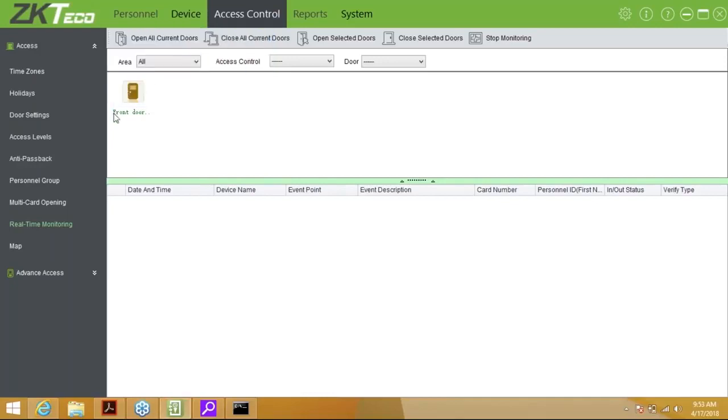Now, the color of the door might change depending on if you have a door sensor added to your unit, or if you set it up like that. Let's discuss the real-time monitoring while we are here. So basically, all clock-ins or clock-outs will appear here on the system. So for example, if a user comes to the device and they put their finger down,